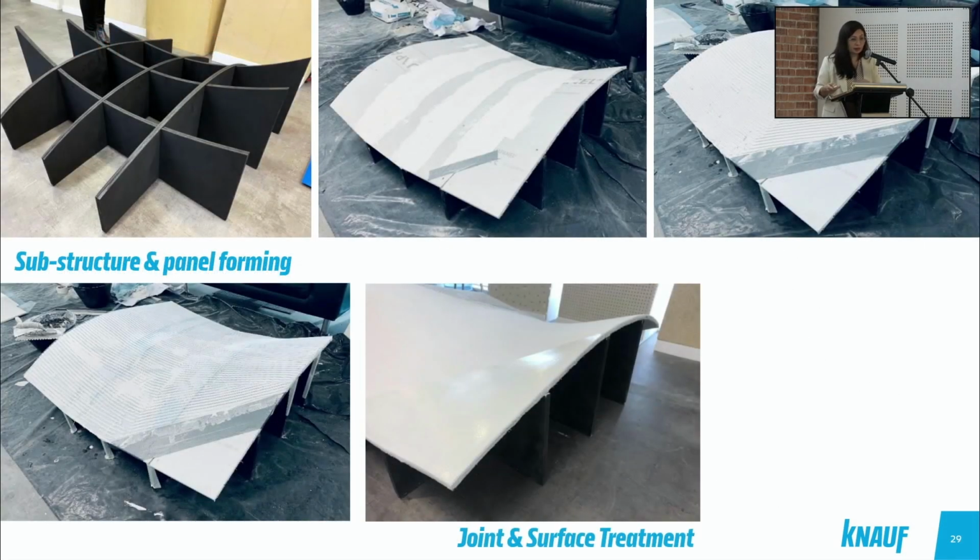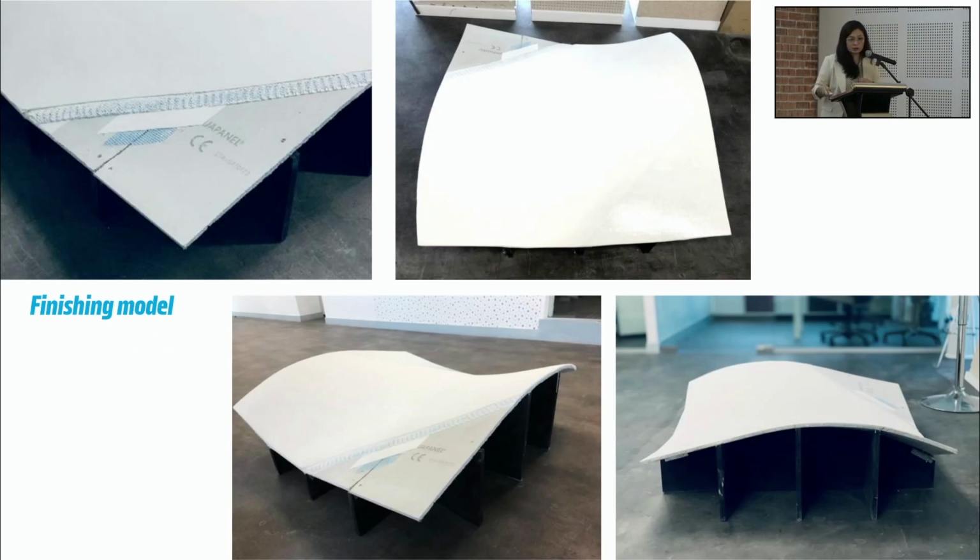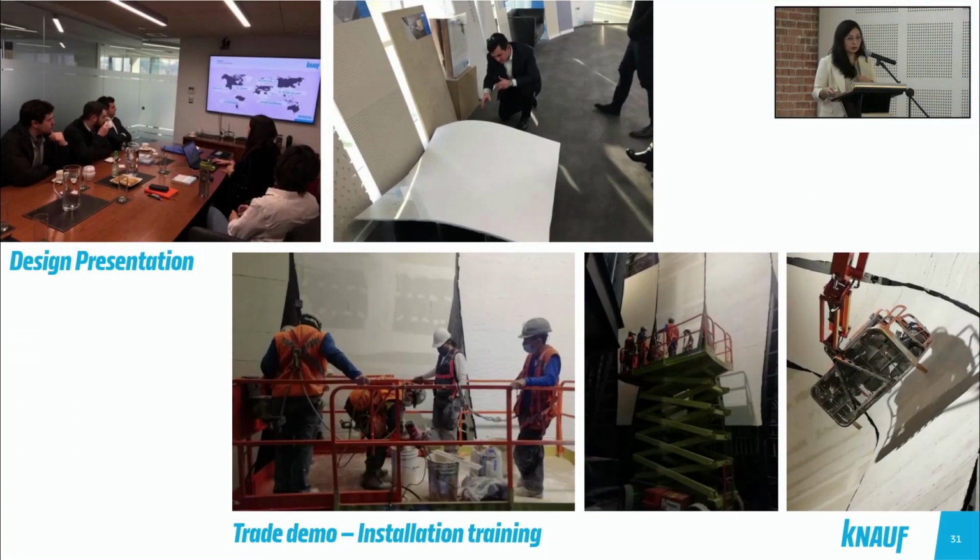From there, they created a mock-up with the base substructure and applied the board segment by segment, finishing up the boards and the joints. This is the final mock-up, which they brought to the presentation to the architects